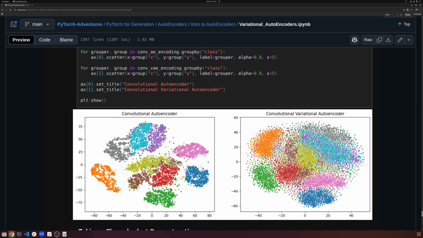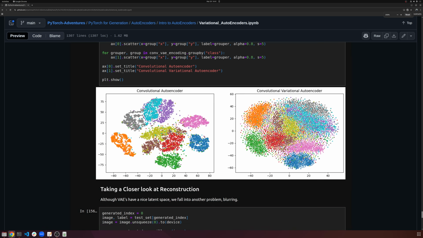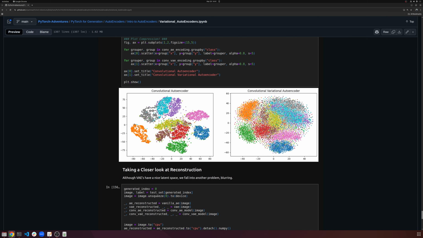So I am comparing here, why is it glitching out? There we go. The convolutional autoencoder, the one we wrote last time, to our convolutional variational autoencoder. And you can clearly see that there are some benefits here, but also some issues. The main benefit is that actually a convolutional autoencoder looks pretty good. We have nice separation between the classes, but we still have these pockets of space that we have to deal